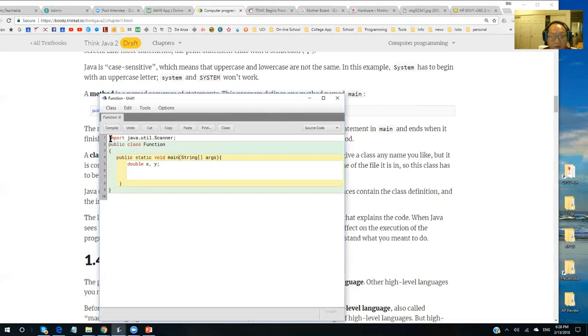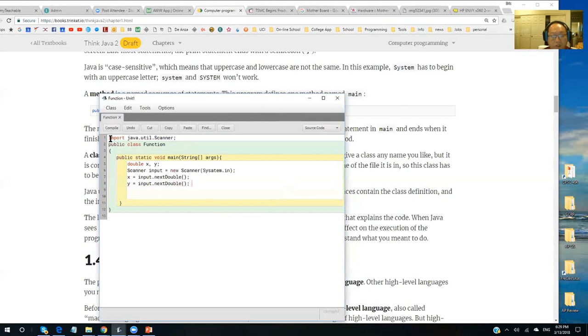And then you can do Scanner input equals new Scanner(System.in), right? And then you do x equals input.nextDouble, and then y equals input.nextDouble,